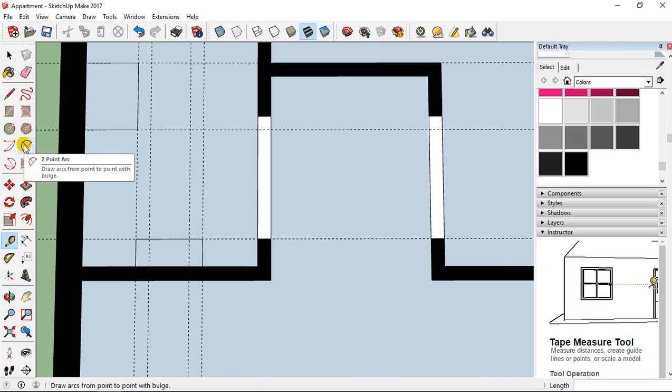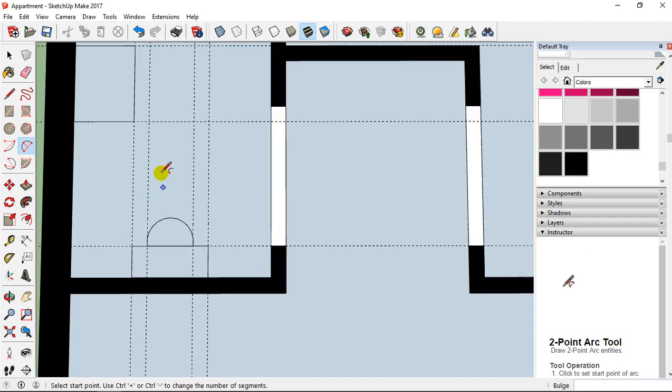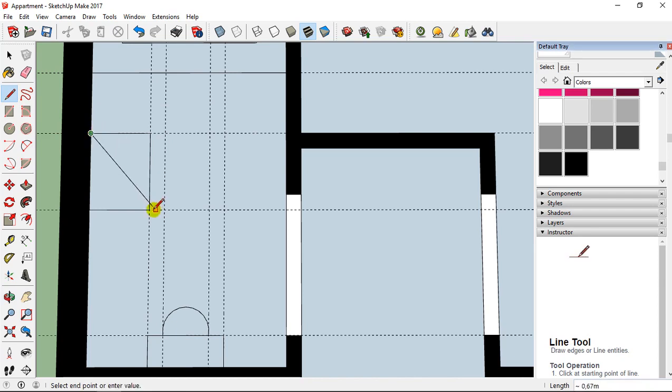Then I take the two-point arc tool. I take the intersection point, and I'm going to pull something like this. Here also I can add a circle. So here I can take this point to this point, this point to this point.